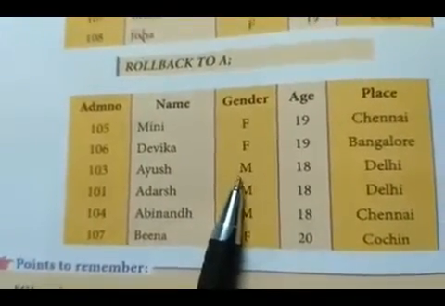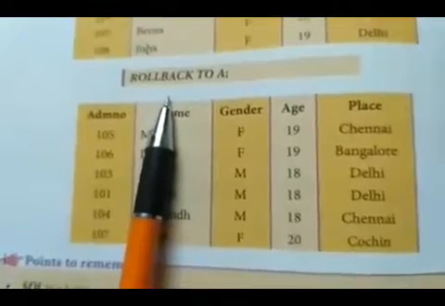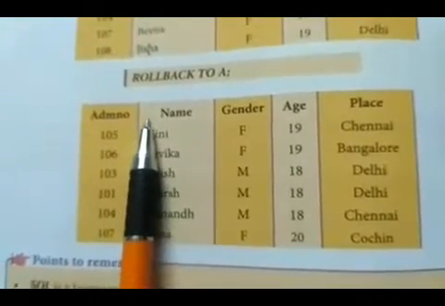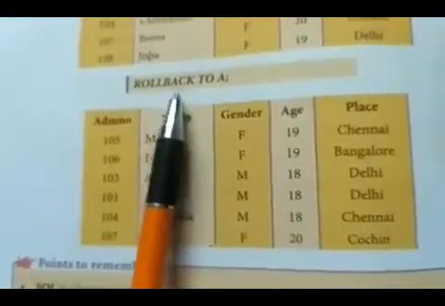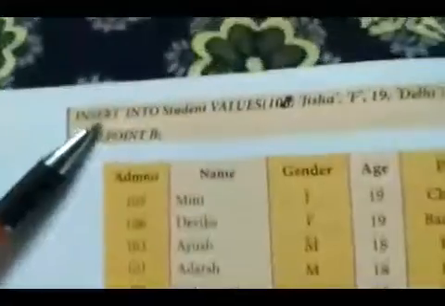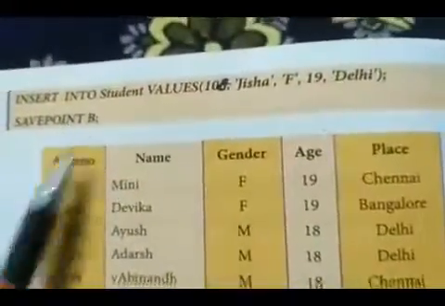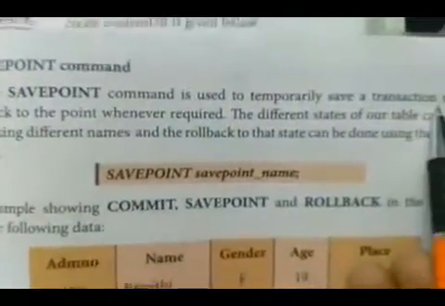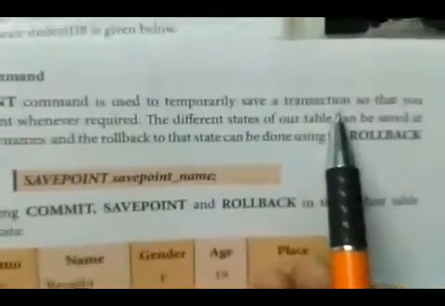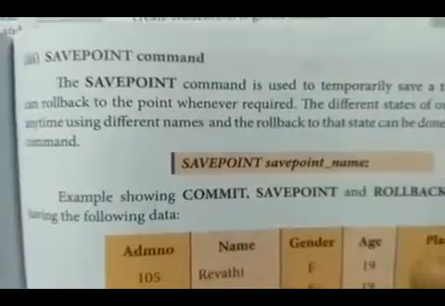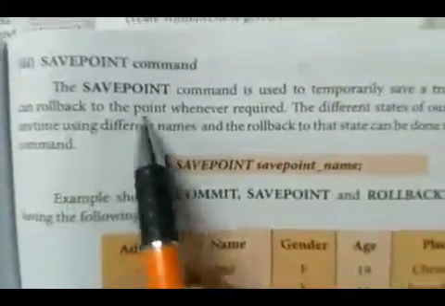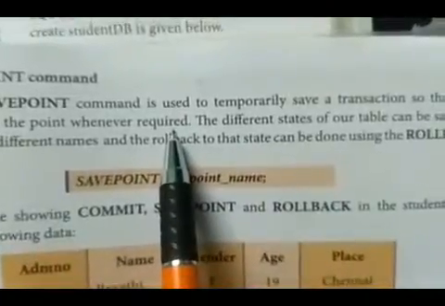So have you all understood? What is the purpose of the rollback command? It is used to restore to the previous stage of the database. While you are using the rollback command, the transaction commands in queries also we have to use with the help of save point. So what is the purpose of save point here? The save point command is used to temporarily save the transaction. So A, B, like that we can give a name to the save point and we can save the transaction. And we can easily roll back to the particular point whenever required.